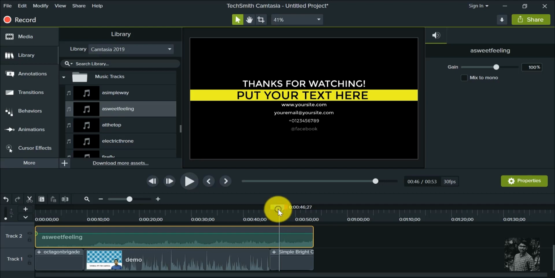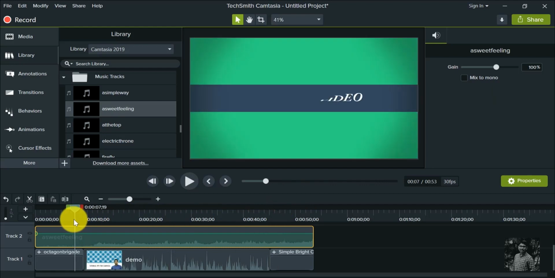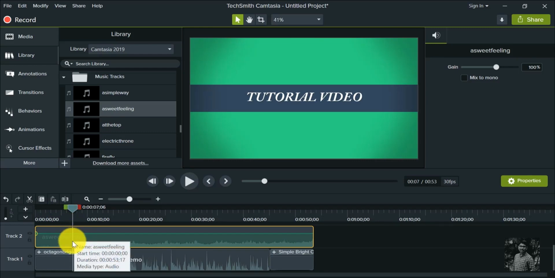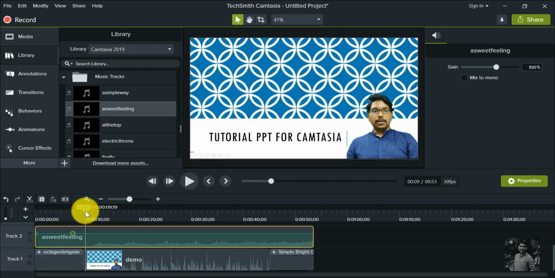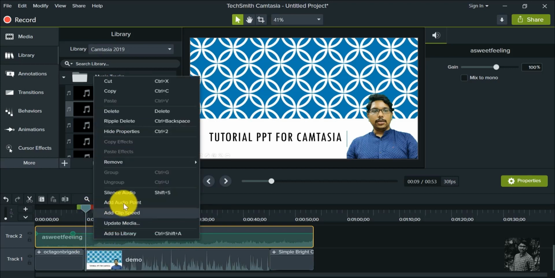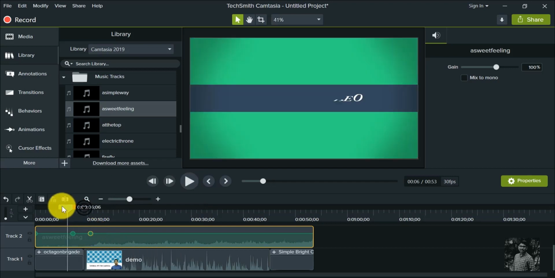To do that, what you need to do is, you need to add audio points at intermediate locations. For example, the volume is 100% up to here constant. Let's assume from here the volume should drop. Just position the slider there, right click and click on add audio point. And the audio should come to 5% when I'm starting my explanation. So at that point again position the slider and add another audio point. Understood? Clear?